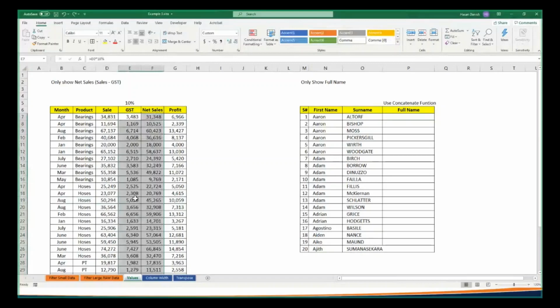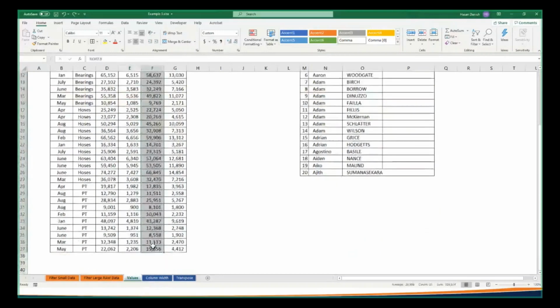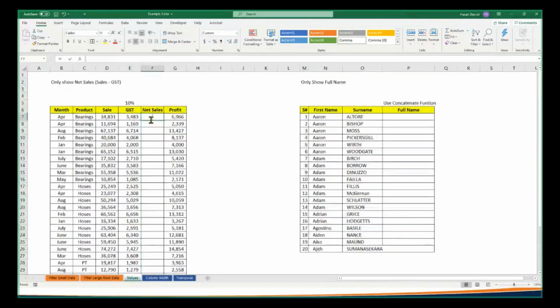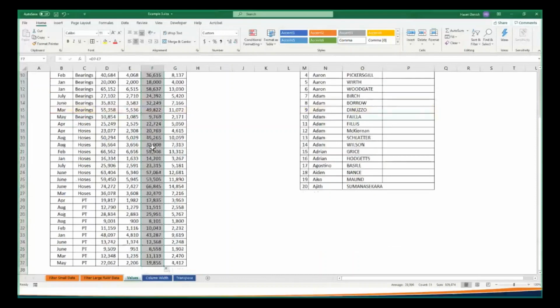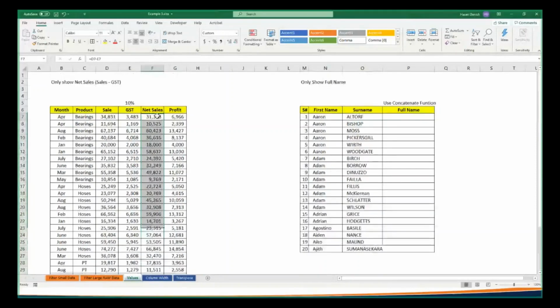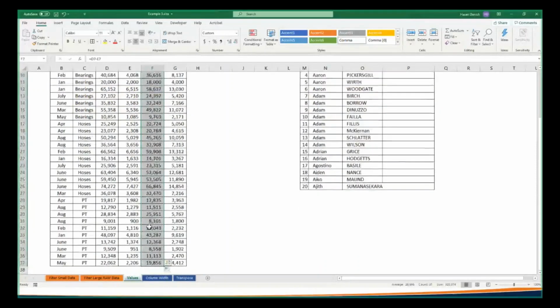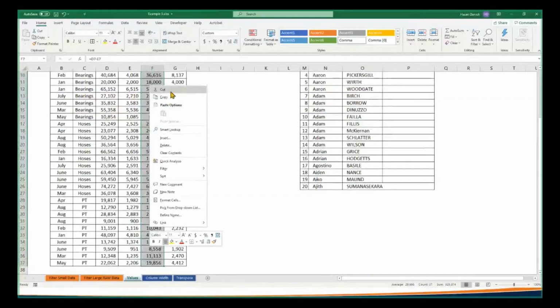Let's just go forward. So here we have put in the 10% GST, and in net profit, what we will do is equals to sales minus GST, enter, you get the net sales, you drag it, it fills it up. Now, you need to select all of them, but the trick here is not to cut. In cut, paste special does not work. It's only in copy that it works. So copy it,